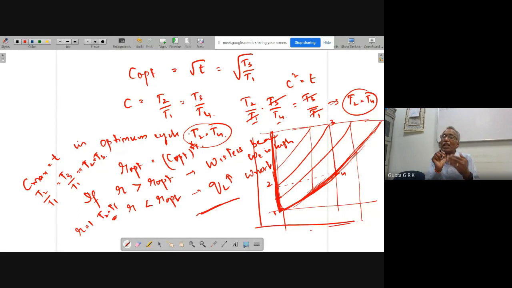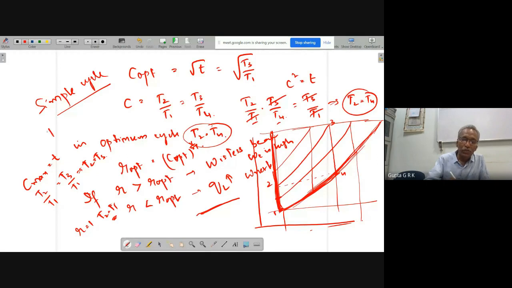So what happens if less than that? What is the negative thing with the lower pressure ratios? Heat loss is more. Okay, so people thought of recovering that heat using what is called a heat exchanger. Whatever we discussed till now are called simple cycle. So when T4 is greater than T2, I would like to recover the heat lost by a heat exchanger.